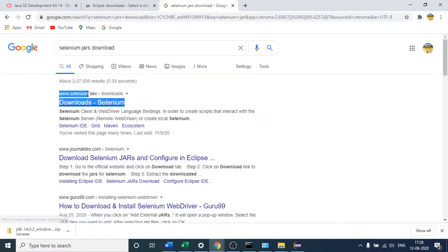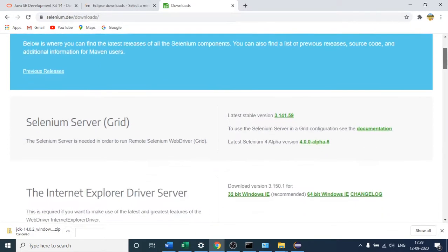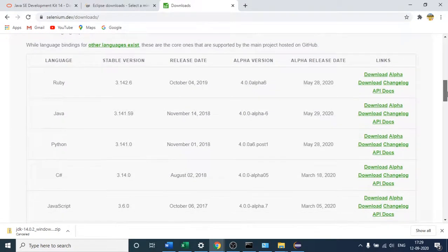This is the official site of Selenium, www.selenium.dev. Click this, and come down to the bottom. We are dealing with the Java language, so we are not worrying about other languages; we are only focusing on Java. You have to come here and download this. This is the link.